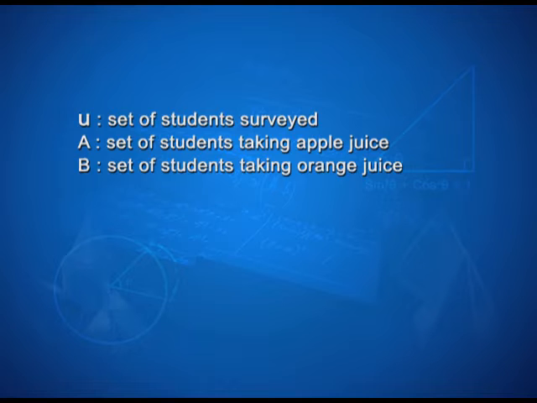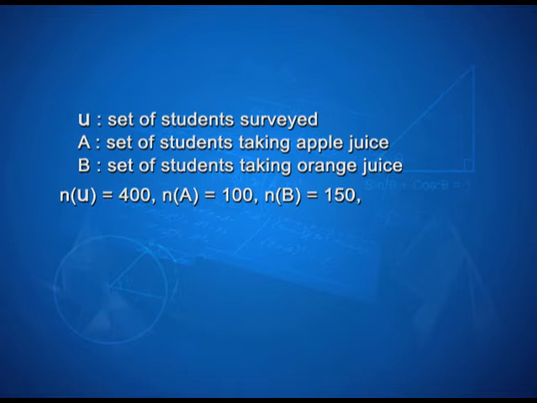According to the question, the number of elements in the universal set is 400, the number of elements in set A is 100, the number of elements in set B is 150, and the number of elements in the intersection of A and B is 75. In this question, we have to find the number of elements in the intersection of A complement and B complement,